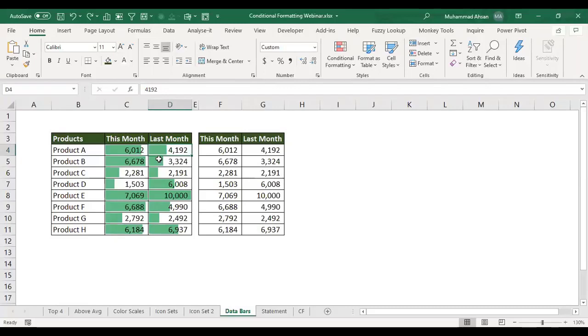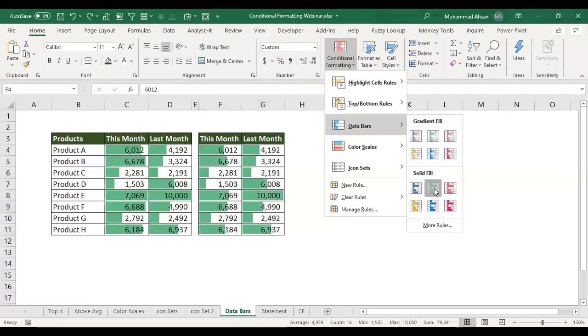Now what is the difference here? What can be very tricky here when you apply this on dashboards? Now in this particular situation, first I selected the current month and applied the data bars, and then I selected the last month and then I applied the data bars. But what if I select these two columns together, and I go to conditional formatting and then solid fill?